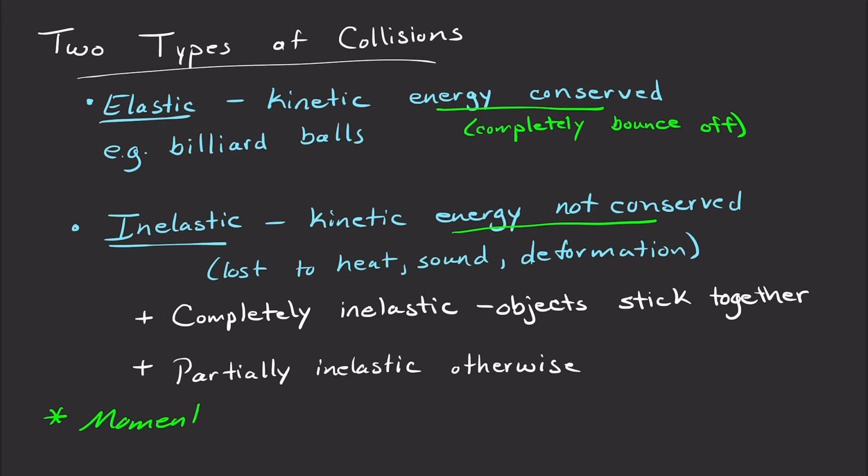Momentum is always conserved. Okay? And this is why we want to look at momentum. Because it doesn't matter what type of collision or interaction happens between our objects, we know that momentum is always going to be conserved, and so we can use conservation of momentum in order to solve these problems where it would otherwise be very difficult. So let's look at completely inelastic collisions,